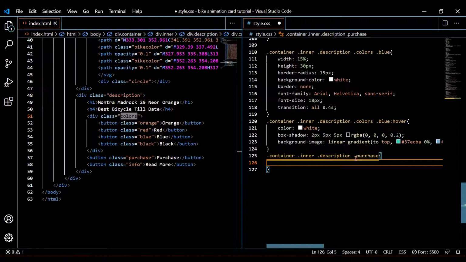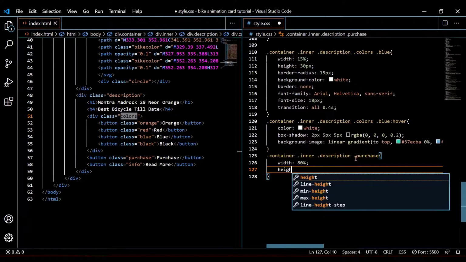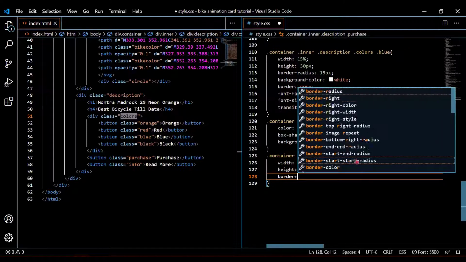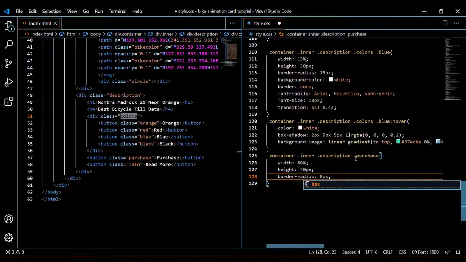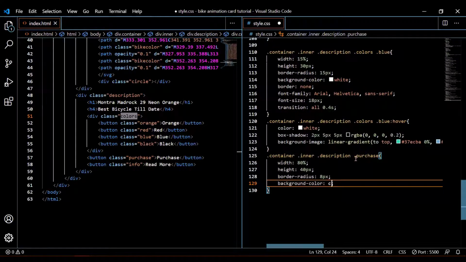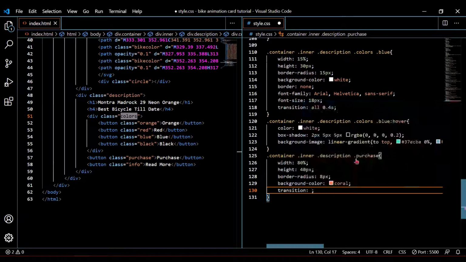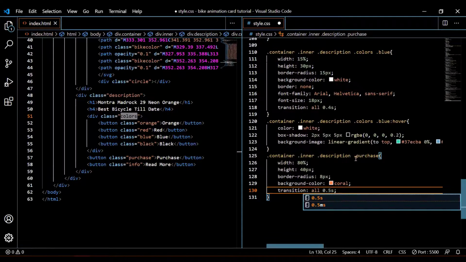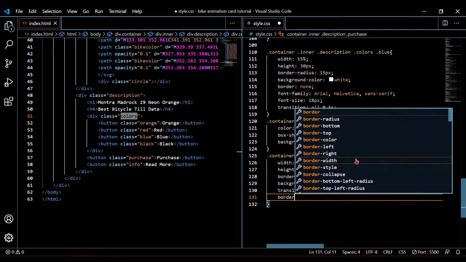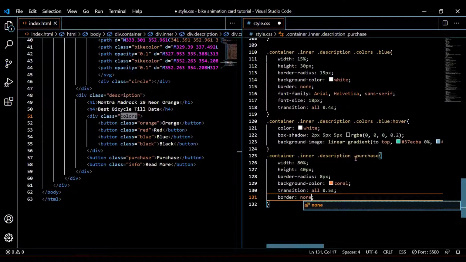So first what I'm going to do, I'm going to give it a width of 80% and then a height of 40 pixel, and then border radius is 8 pixel, and then background color should be coral, and then there should be a transition all 0.5 seconds, and there should be a border none, because with the buttons we have some ugly borders and I don't need that.